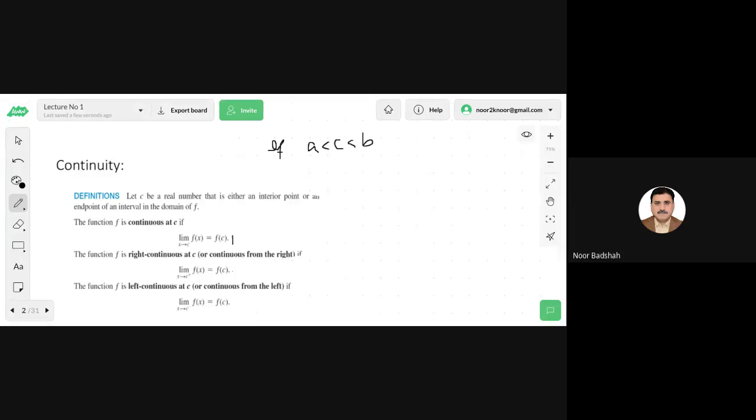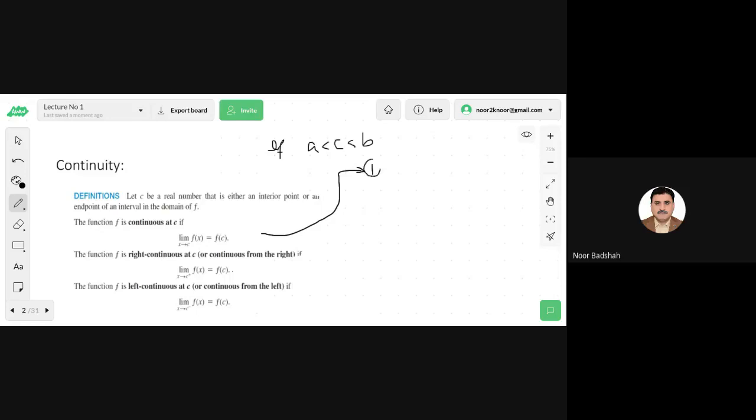So we take this condition, which means limit x goes to C of f of x should be the same as f of C. But this statement is equivalent to three statements. It's not a single statement. It's basically three statements. And what are they? The first statement is